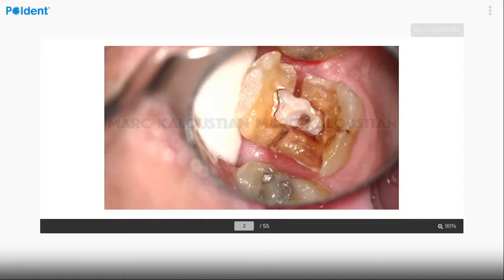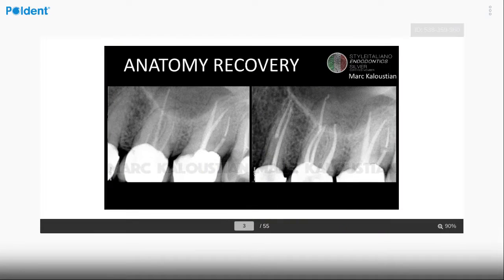It is very important because when we do a root canal, it is important that the tooth later on will be functional. It's not only to do just a root canal. And the main idea Bart was asking me about, at the beginning of the root canal, is to recover the anatomy. Someone before us worked on the tooth. Here you can see on this upper molar, for example,